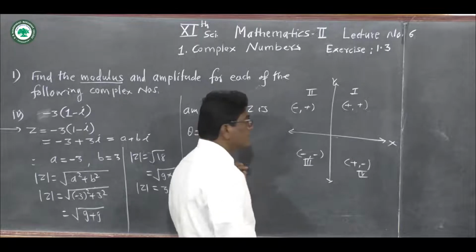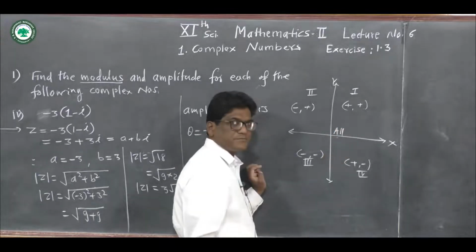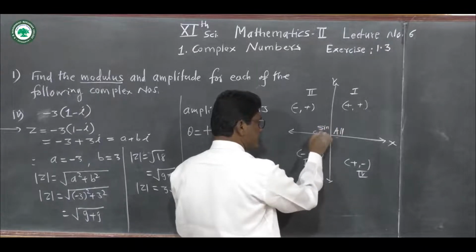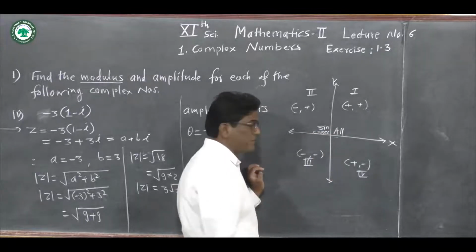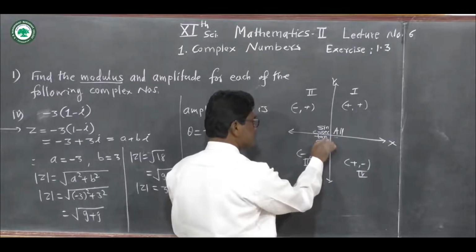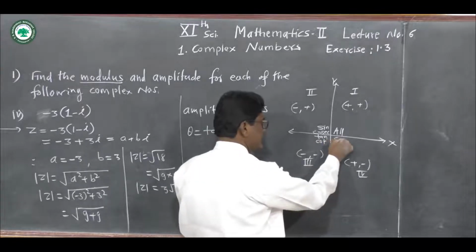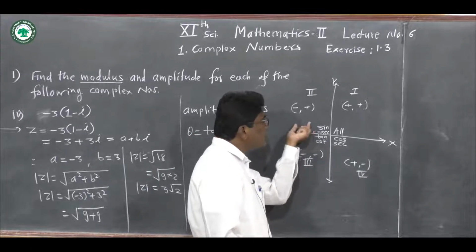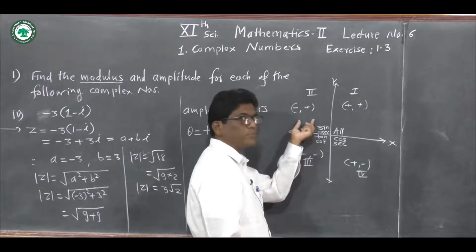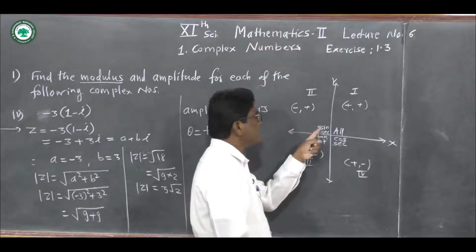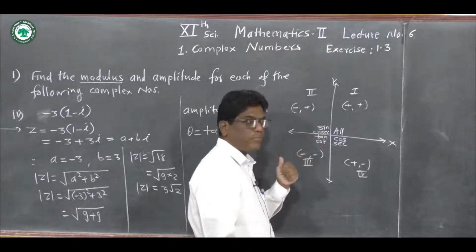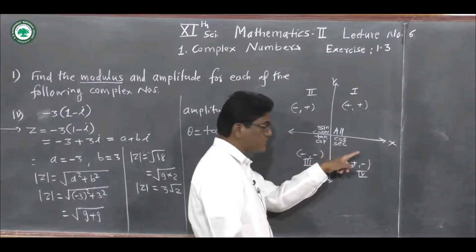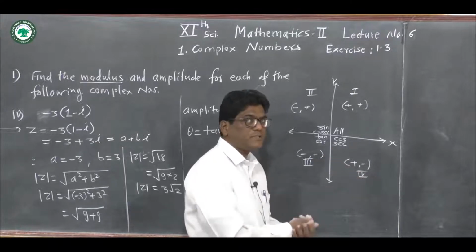We know this. Here all trigonometric ratios are positive. Here sine and its reciprocal cosec are positive. Here tan and its reciprocal cot are positive. Here cos and its reciprocal sec are positive. What about the remaining trigonometric ratios in this quadrant? Sine and cosec are positive, then the remaining 4 are negative. Here tan and cot are positive, the remaining 4 are negative. Here cos and sec are positive in this quadrant, so the remaining 4 are negative in this quadrant.